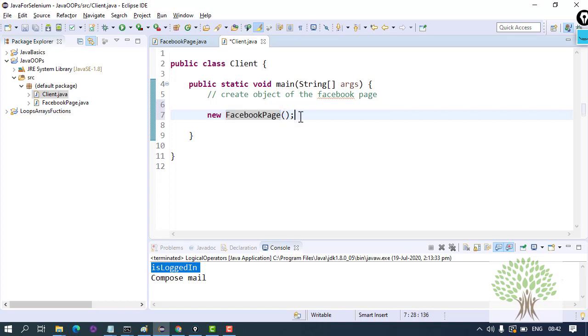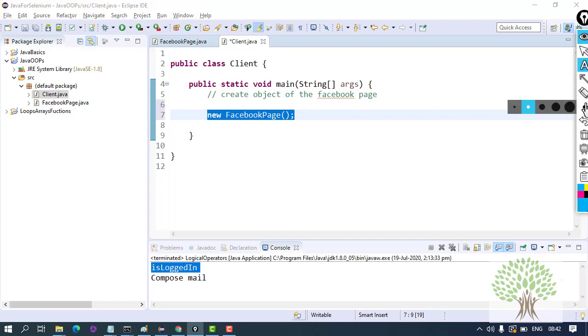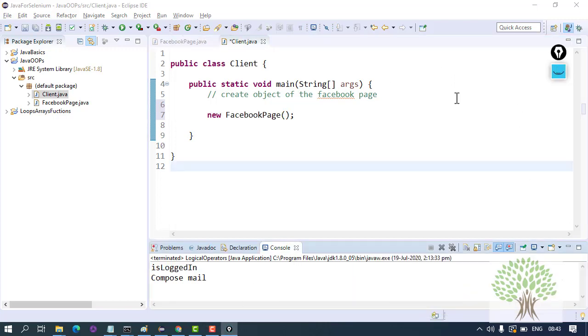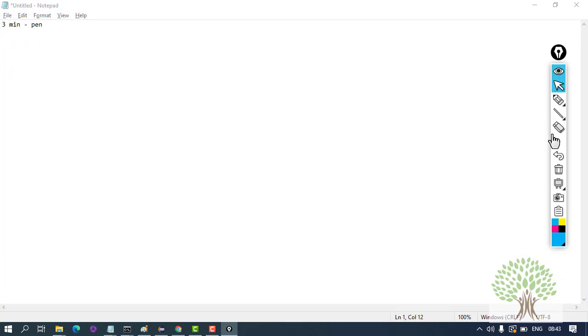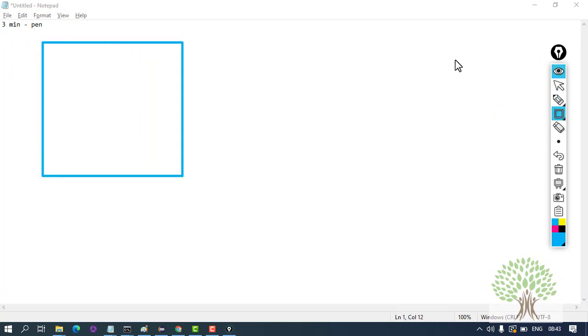Now what happens in the memory when you create the object? In the memory you'll see something like this: the object of this particular class will be created, and this object would have two things inside it, that is page name and page views, two variables.